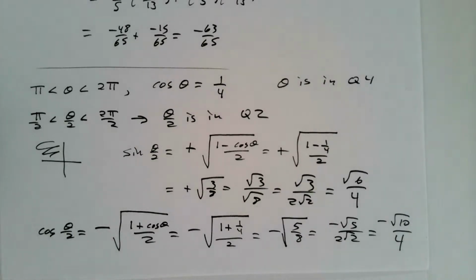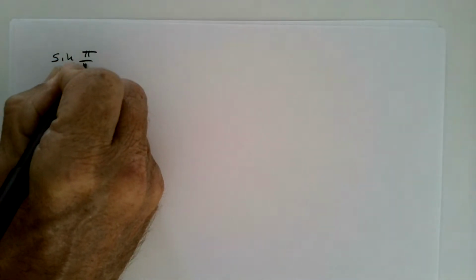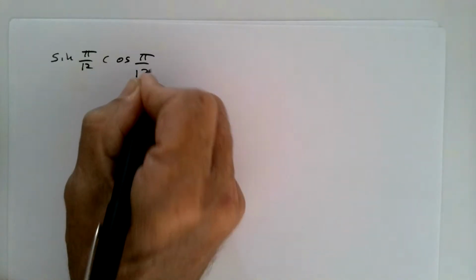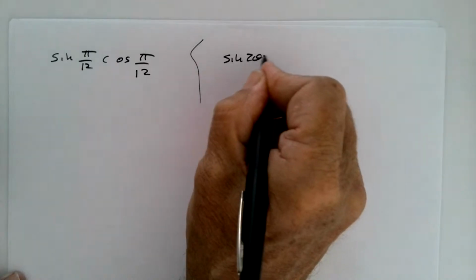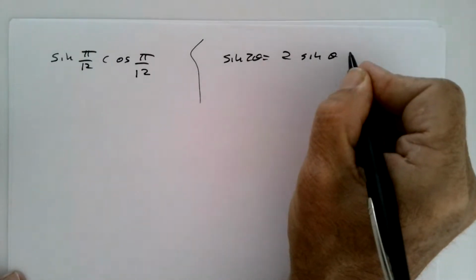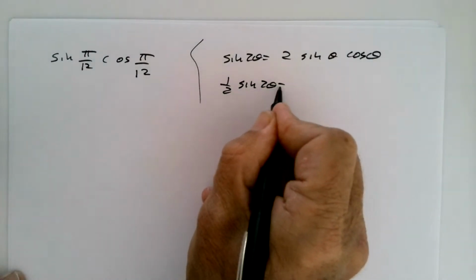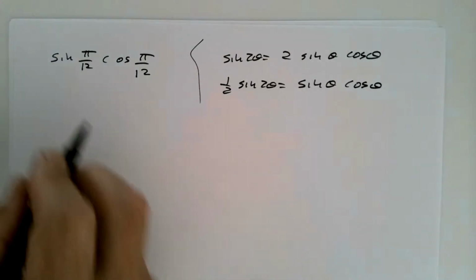All right, next we want to figure out an exact value for the following. We are looking for sine pi over 12 times cosine pi over 12. Well, it looks a lot like the identity, which is sine 2 theta is 2 sine theta cos theta. So if that's the case, that means 1/2 sine 2 theta would have to equal sine theta cos theta. So if I let theta equal pi over 12,